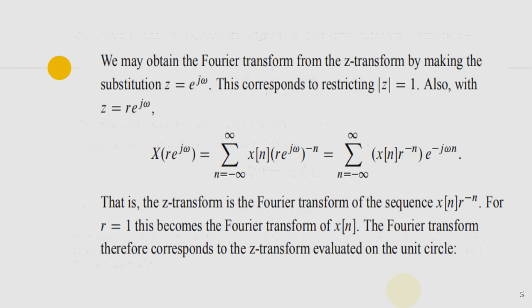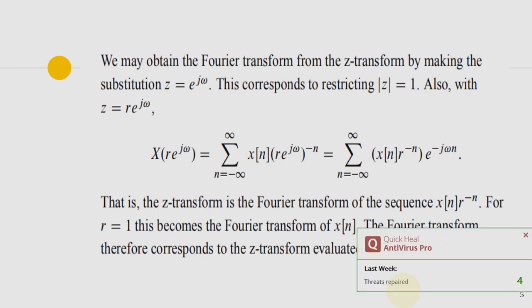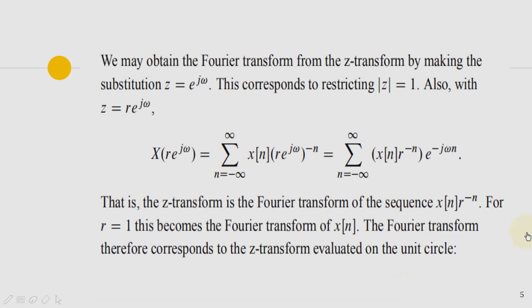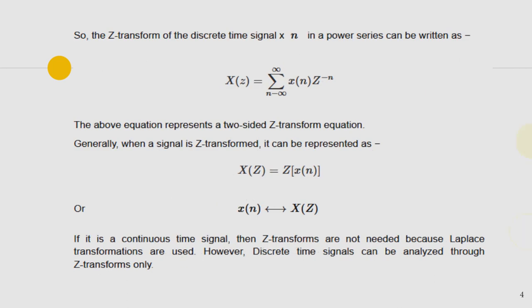We may obtain the Fourier transform from the Z transform by making the substitution z equal to e raised to j omega. So the Fourier transform can be obtained from the Z transform by only substituting z equal to e raised to j omega. This corresponds to restricting mod of z equal to 1. Also, with z equal to r into e raised to j omega, if you replace this in the above equation